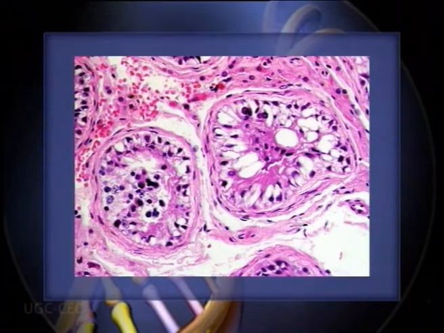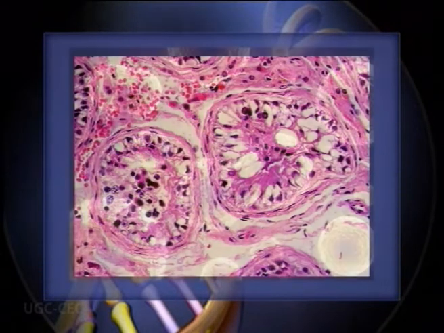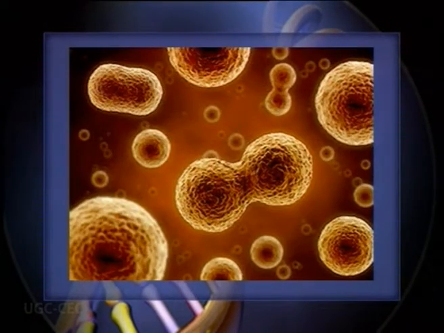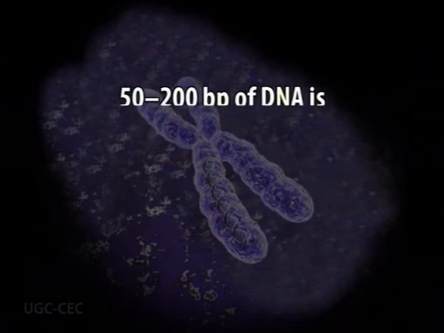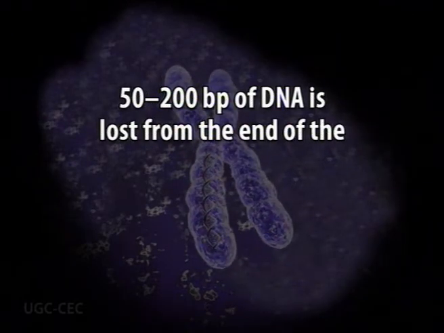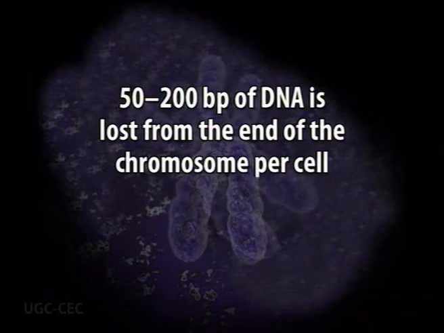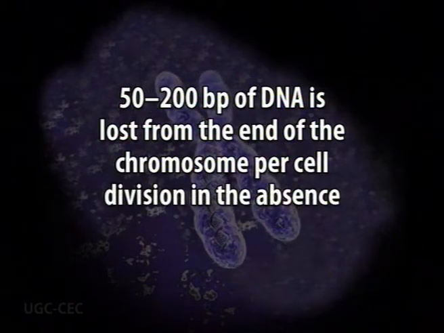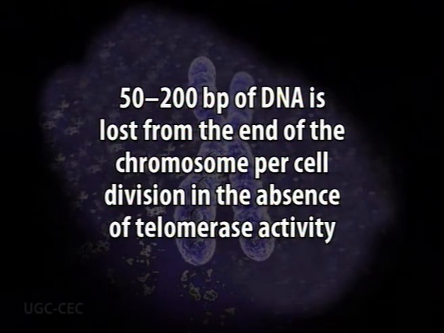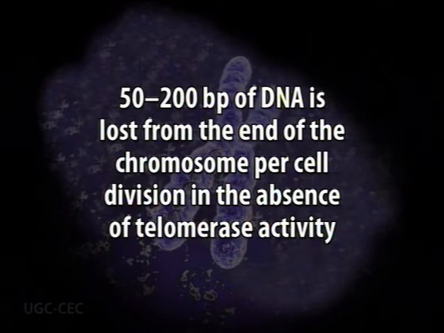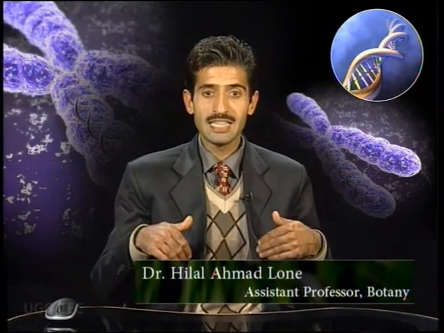Telomerase activity is highest in the germline cells. Somatic cells have little telomerase and they have shorter telomeres than cells of the germline. It is estimated that 50 to 200 base pairs of DNA is lost from the end of the chromosome per cell division in the absence of telomerase activity. Telomere length also decreases with age, and this has led to speculation that telomere shortening may play some